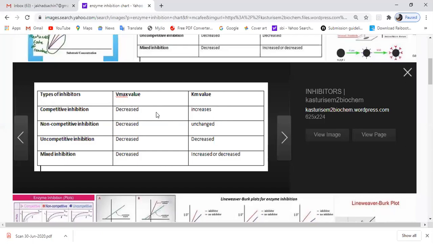So first thing is the type of inhibition. It may be competitive, non-competitive, uncompetitive, or mixed type, which is a combination of non-competitive and uncompetitive. So competitive is something in which the Vmax will decrease. I will tell you what is Vmax and what is Km. So whenever we talk in terms of enzyme inhibition,